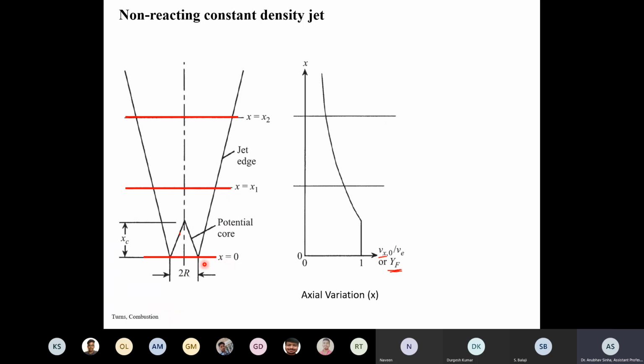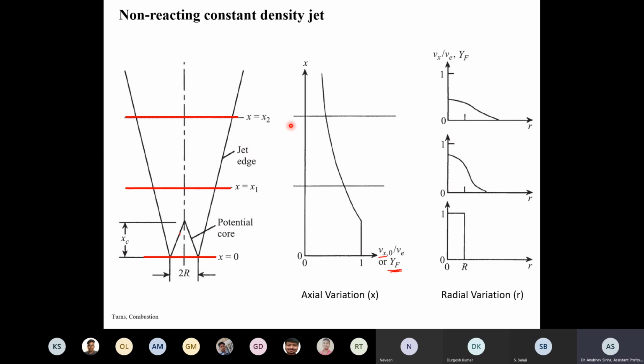Let us say I cut three planes, x0, x1 and x2, and I want to see how parameters vary at these planes. Let us talk about fuel mass fraction. If I cut a section here, I'll get y equal to